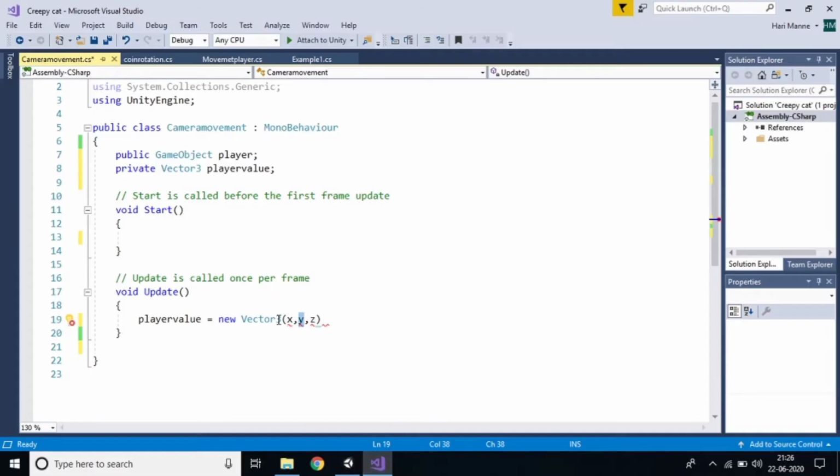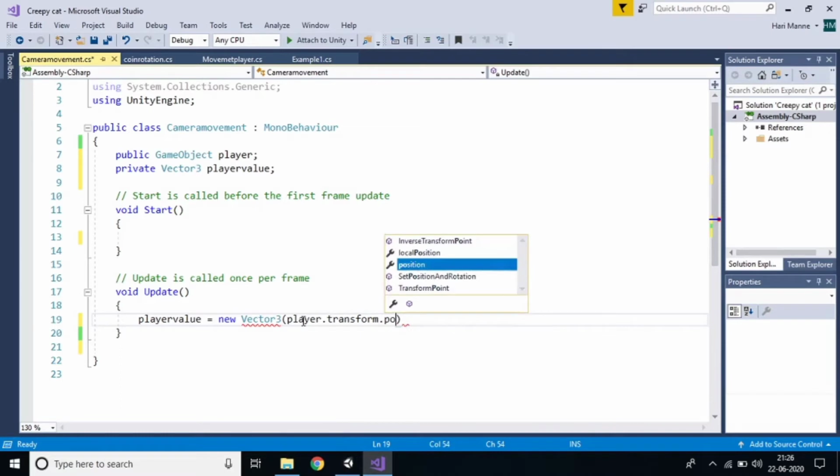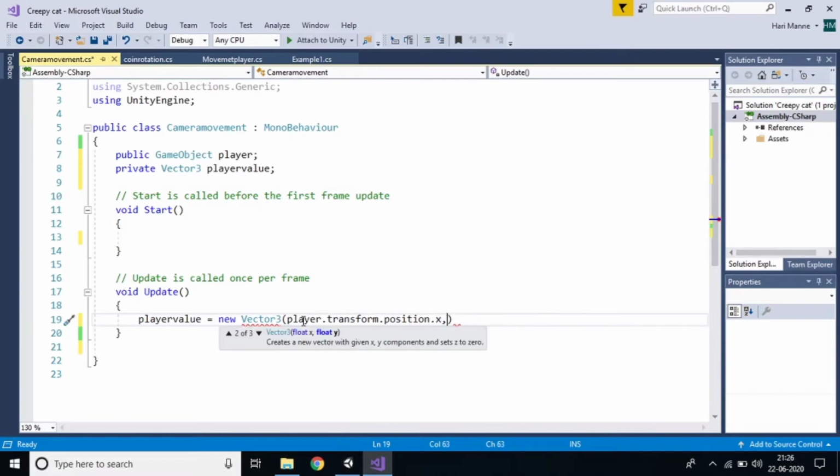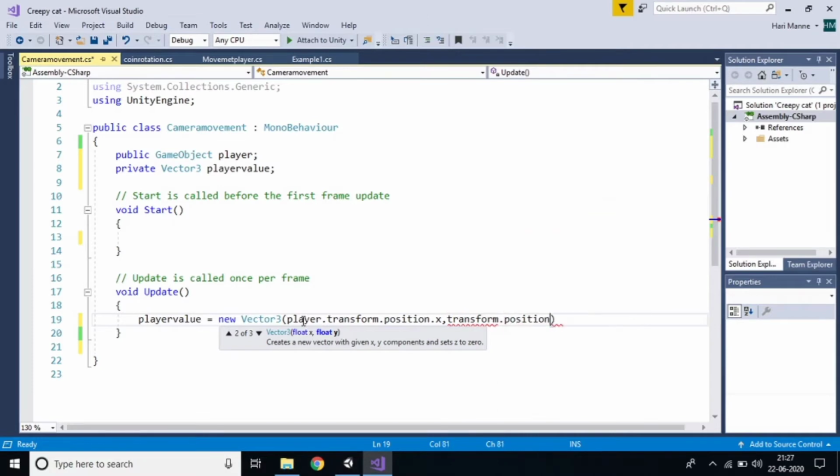So I'll write the code related to the x axis, that is player.transform.position.x comma y. We are taking transform.position.y, and for z also transform.position.z.